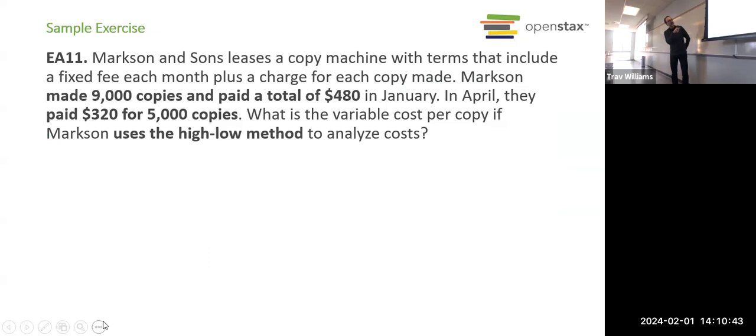So we can apply this formula for any level of production. We haven't done this one yet, right? So maybe let's do exercise 11. This does use the same method, but it's a fairly simple exercise.